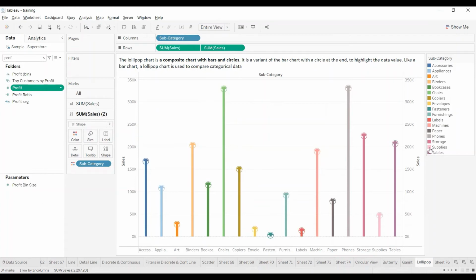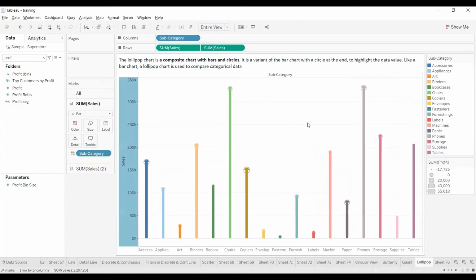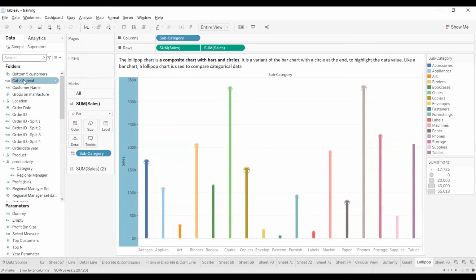This is the way we are going to create a Lollipop chart. A Lollipop chart is basically a composite chart with bars and circles where you can compare the categorical data with respect to any dimension or any measure. So you can segregate the data into different categories and compare all the different categories in a single view. You can also make it interactive. Suppose you want to make it category level,